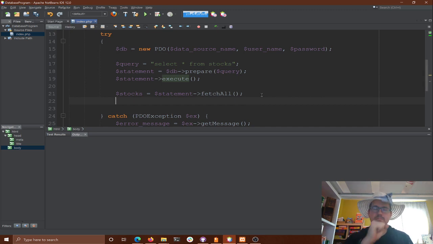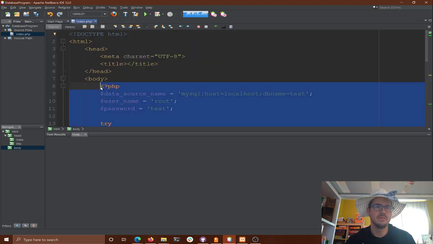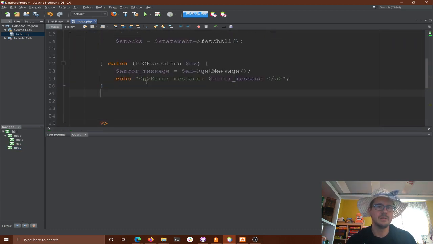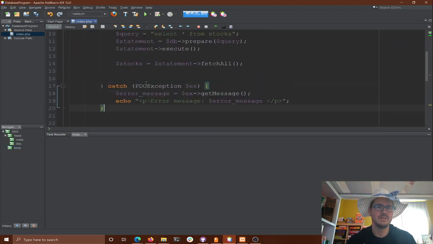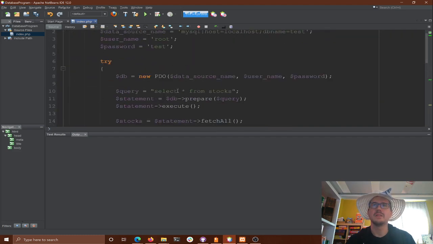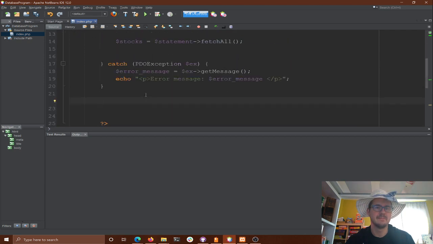So if we wanted to put it in a table, we could. Probably not a bad idea. Well, maybe we'll do that. So let's do this. Let's come down. Actually, move all of this up here. Move all the PHP stuff up here. I'm not a fan of putting the error message up there, it's bad, but that's okay. That's all right. It should be okay.